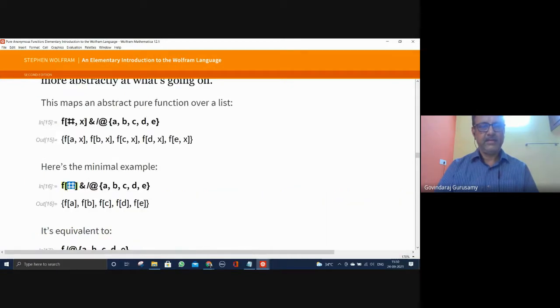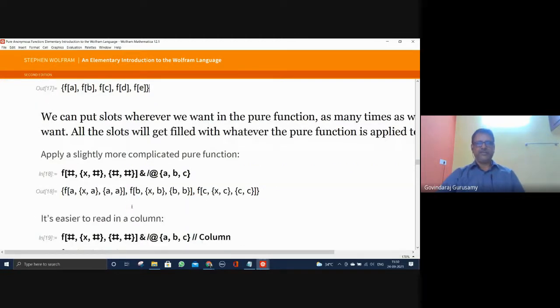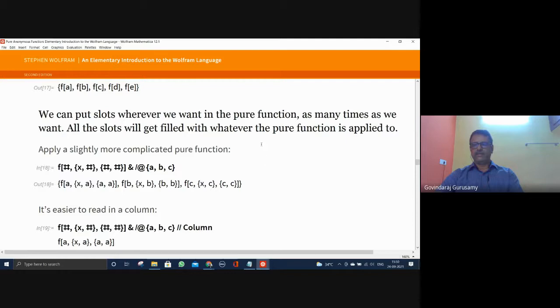So here is another variable, and here is no variable, and that is equivalent to f of slash at A, B, C, D, E. So we can put slots wherever you want in the Q function as many times as we want. All the slots get filled with whatever the Q function is applied to.